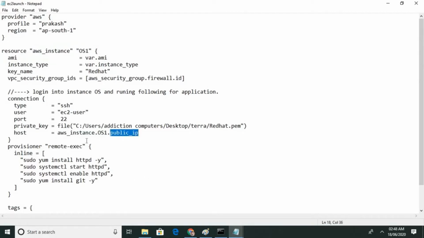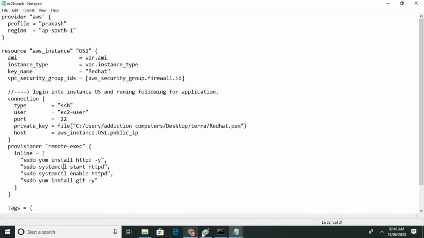So to write a code in an instance, we use a provisioner, and inside that we use a remote executor, and we write a code. Why do we want to write a code? Because over there we have to launch our web server, but before launching we have to install the Apache web server and all to run our application.